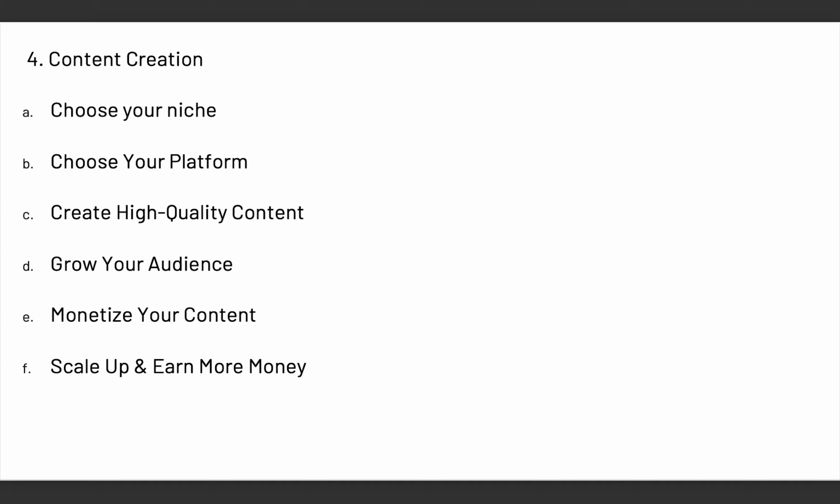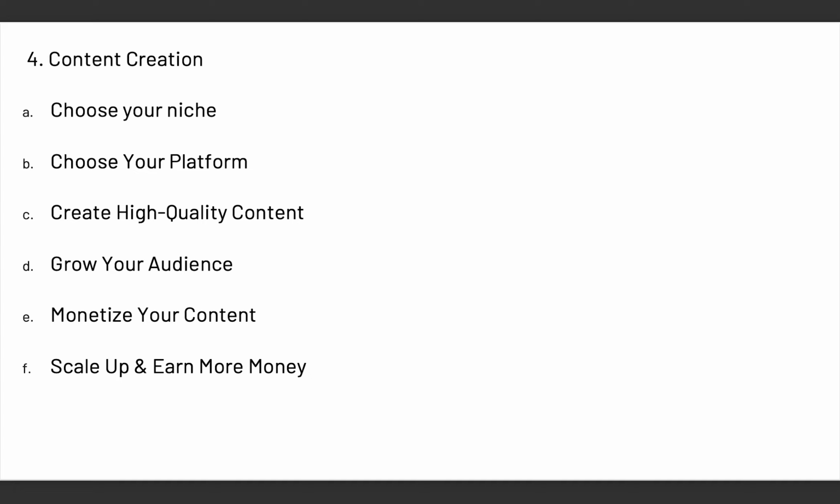Number 2, if you have a digital product, you can create it and sell it to your audience. Number 3 is through affiliate marketing. You can promote your affiliate links to your audience, and when they use your affiliate links, you make money. And the next one is to offer coaching or consulting to your audience. When they come to you for coaching, they pay money and you coach them and you make your money. So these are different ways you can make money with your content.